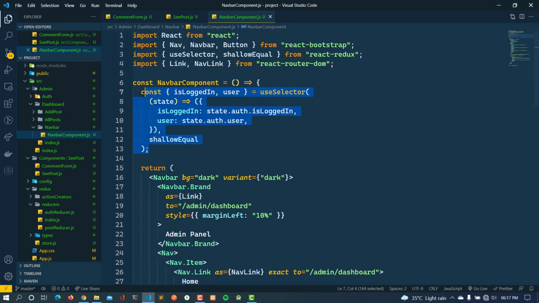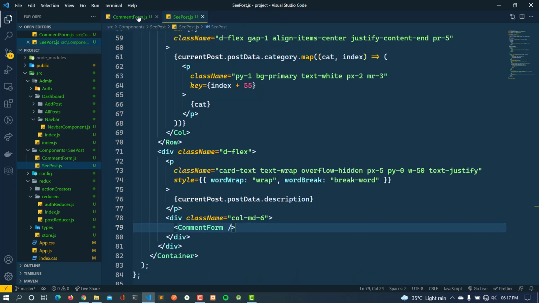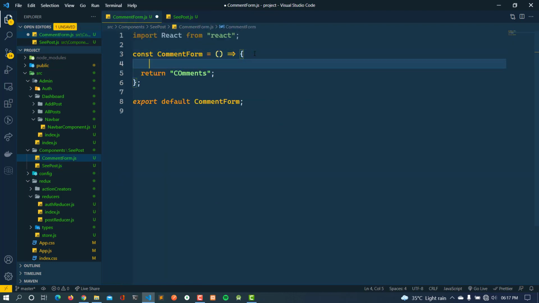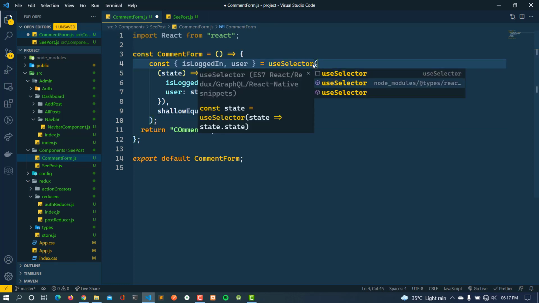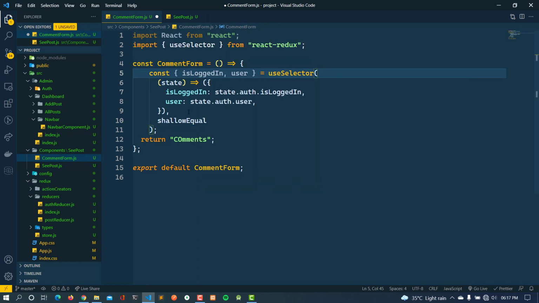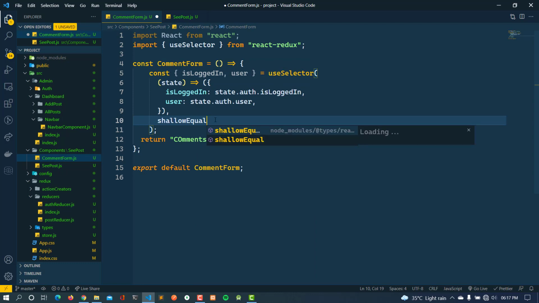So I'm going to copy all this, and let's move to the CommentForm here and paste it before the return. So I have done that successfully here. Now let's import useSelector from react-redux and shallowEqual as well from react-redux here.